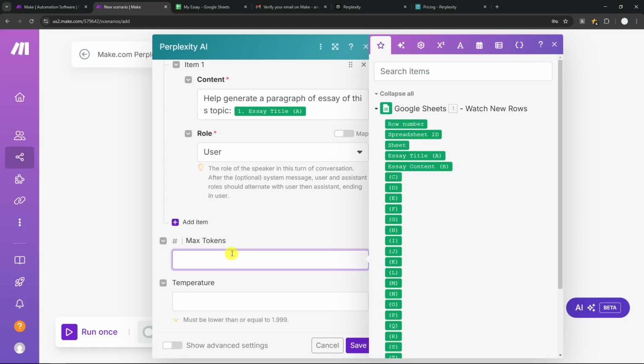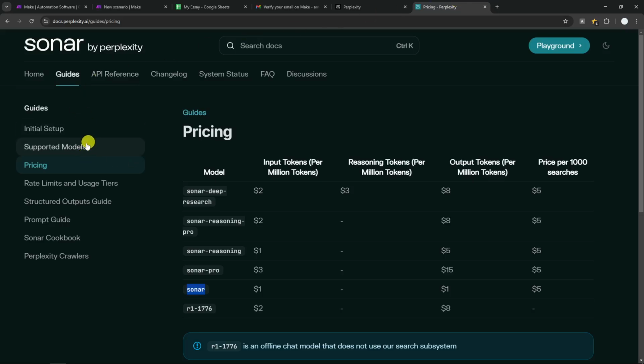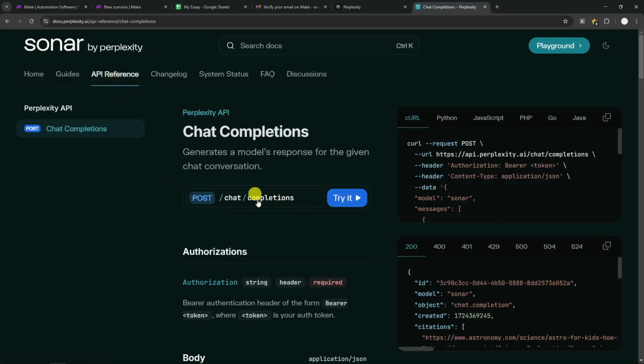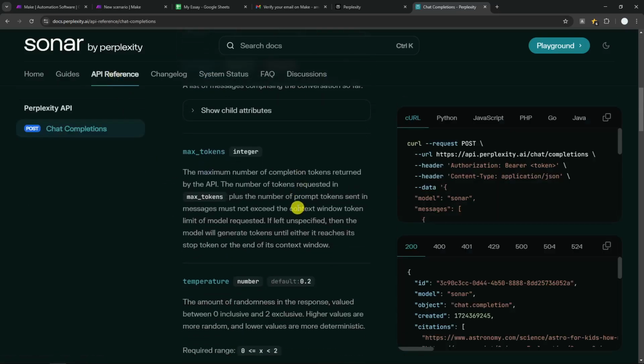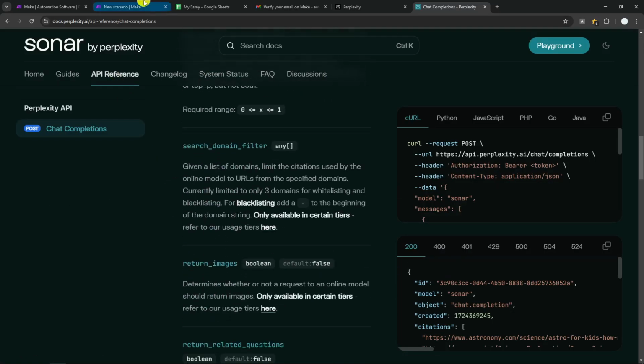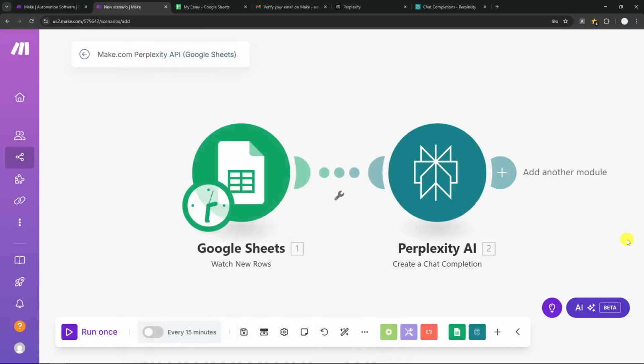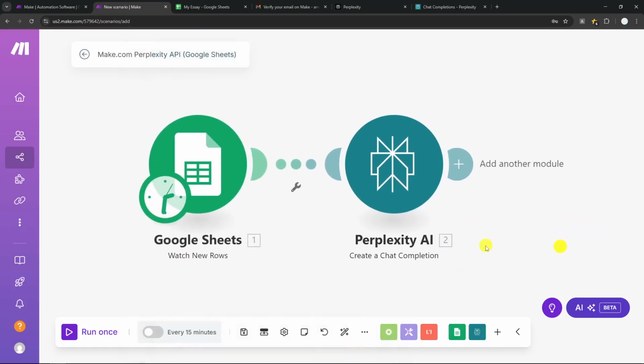So if you want to use that, you can, but I'm going to be leaving the value empty, and the same is true for temperature. You can go to Sonar Perplexity and then you can check the configuration or all of the other things that you can play around with in the Perplexity API. But anyway, I'm going to be using just basic settings, but this is my configuration for using Perplexity API. Let's click save, and basically it is done, but I want to